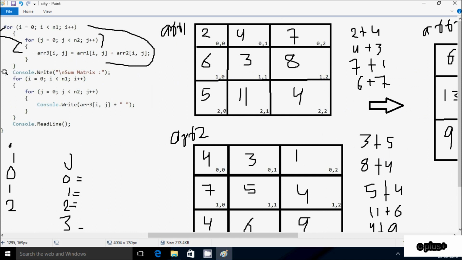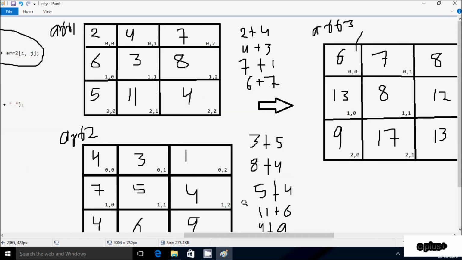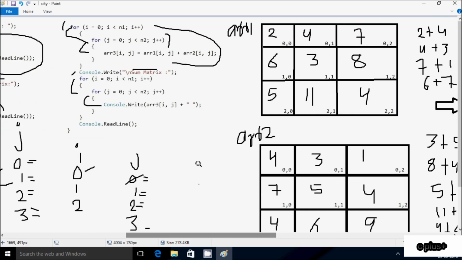Now control comes to this point, Console.Write. So slash n, then a new line, that displays some matrix column. Here i value starts from 0. Check the condition 0 less than n1, value 3, condition is true, so that coincides. j value starts from 0. Here check the condition 0 less than n2, value 3, condition is true, so that coincides. Console.Write. So at a[0][0] position the value is 6, so 6 is displayed, and that leaves